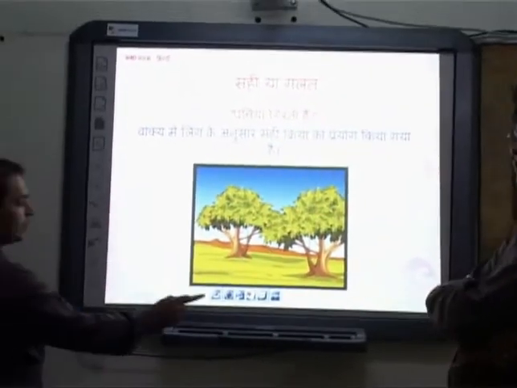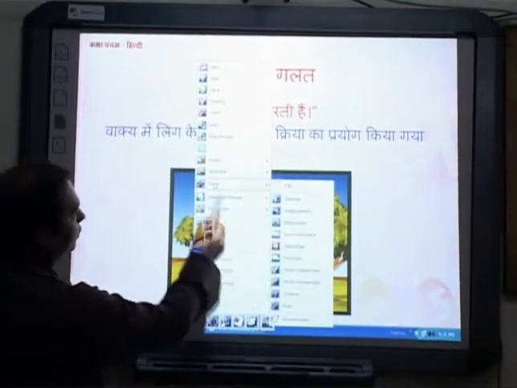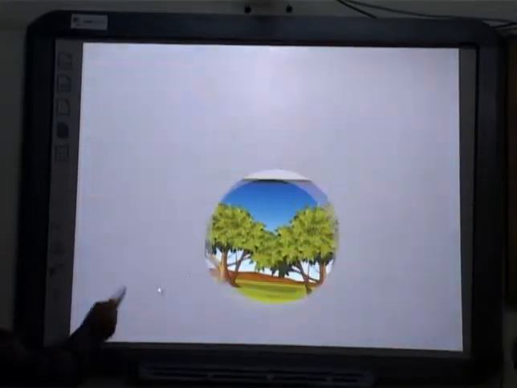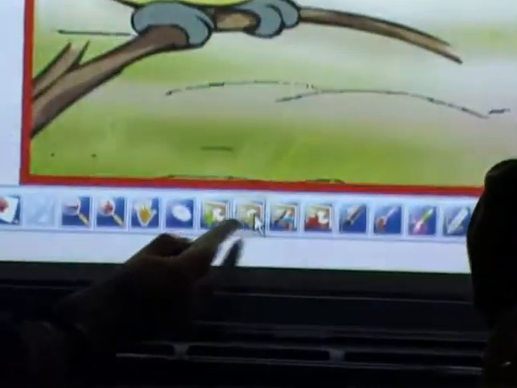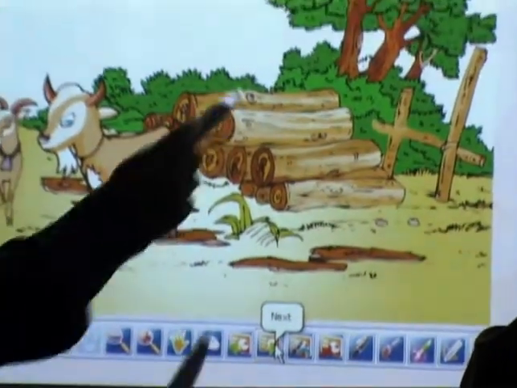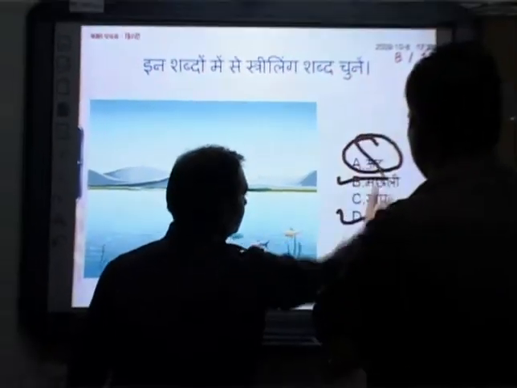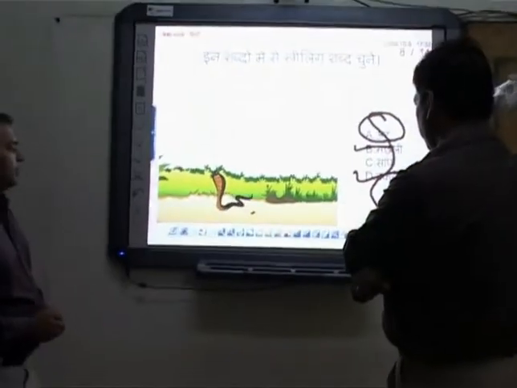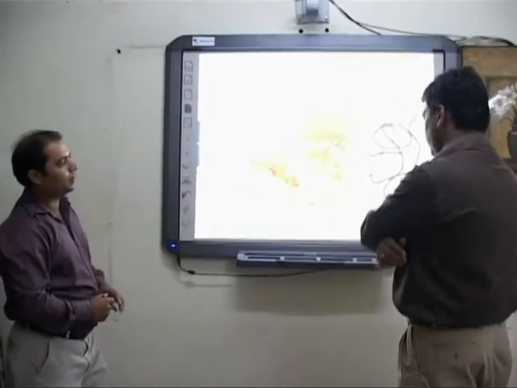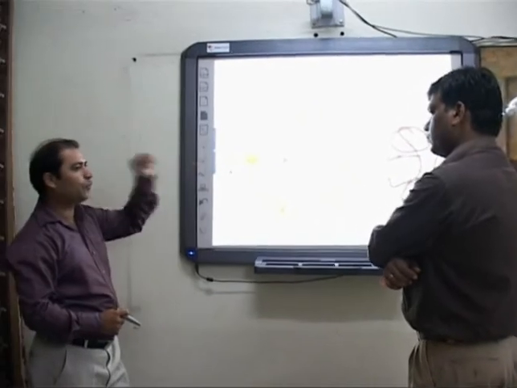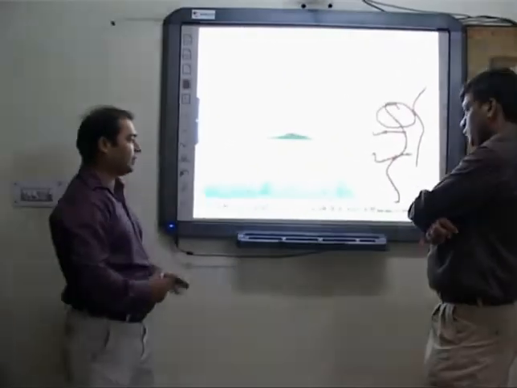We can make our PowerPoint slide more attractive by using tools like the spotlight feature. If you want to highlight a particular area, you can use it. How do we go to the previous slide? There's an option like next and previous, and we can use the next and previous slide option. And if you want to make some annotation, there is a pen; we can select the pen or write with your finger also. The main thing is this annotation will not be stored in your PPT file. If you want to save it in your PPT file, then there is the option